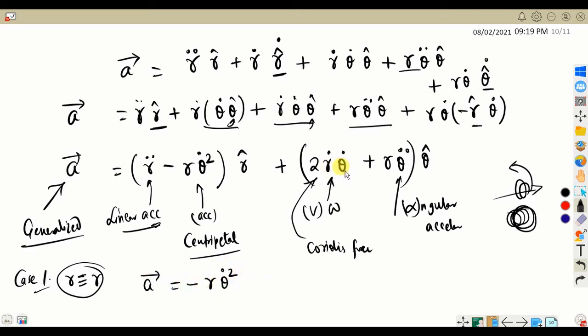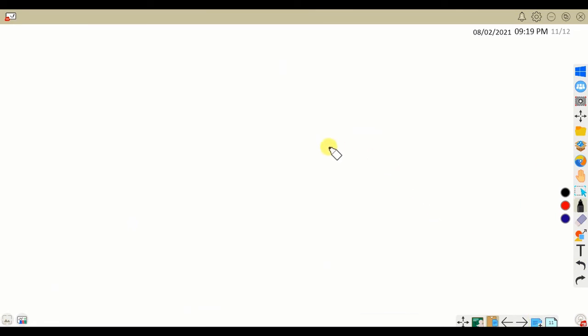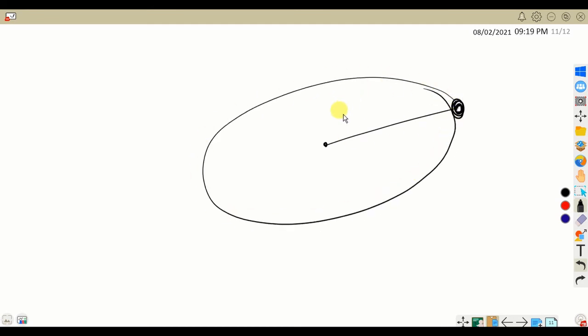And this guy will go away, like r hat, and again this guy r theta double dot theta hat. It means that it is saying a very fundamental equation. It is a very interesting thing. It shows that there is a centripetal acceleration. It means that if you are tying a bead here, and you are just holding this hand, and it is rotating like this, and its velocity keeps on changing, for an example, here its velocity is 1 meter per second, and here it is 2 meters per second,